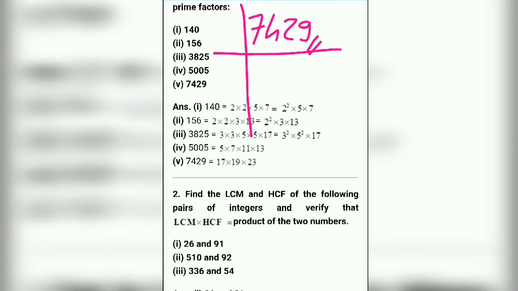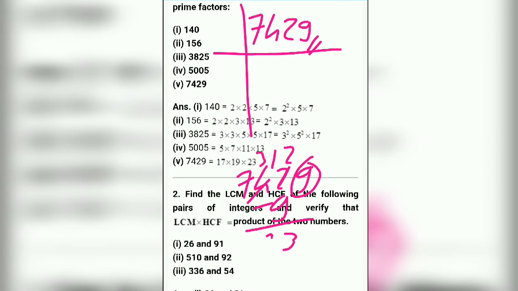Okay. Then if we check for the 11, then 7, 4, 2, 9. Now remove this 9 and put here. So 12 minus 9, 3. Here 3, 7. Again we can repeat this process. Here we get 70. So 70 is not divisible by 11. So this number is not divisible by 11.